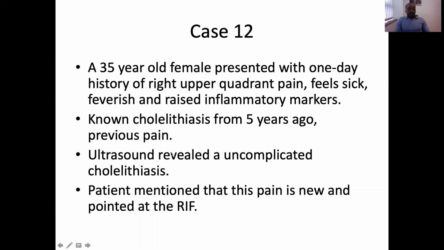Case number 12. A 35-year-old female presented with 1-day history of right upper quadrant pain. She feels sick, feverish, and had raised inflammatory markers. The patient was known to have cholelithiasis for 5 years now, and she's had previous pain in the past. She's had ultrasound that confirmed gallstones and pain. So this time around, she presented with some acute pain in the right upper quadrant, and the doctors were suggesting an ultrasound to check for complications from the